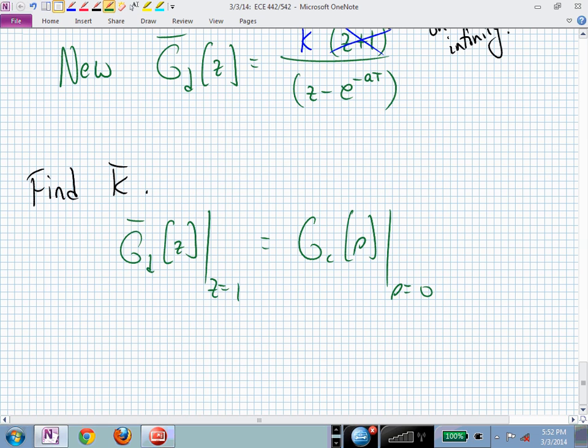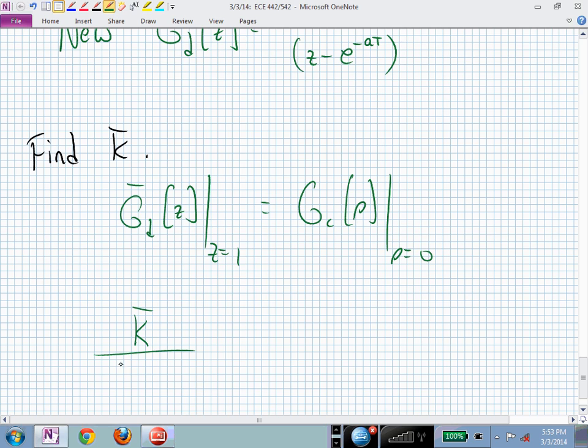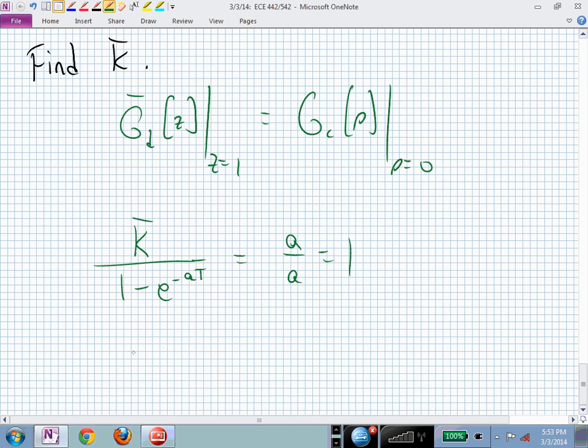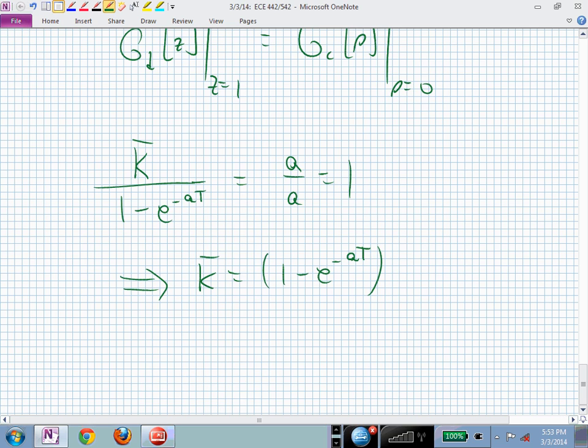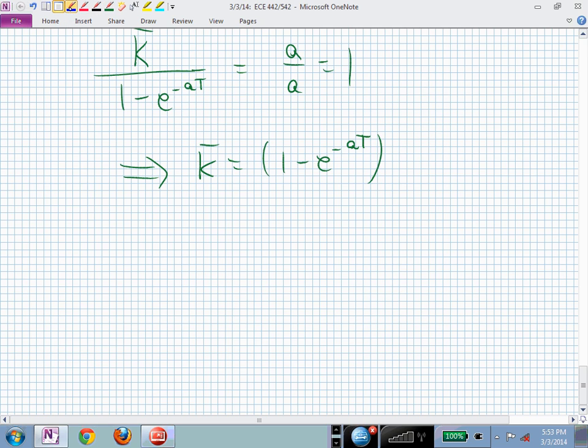And if we look at g sub d bar, that's this k bar over 1 minus e to the minus aT, and that's equal to 1, a over a. And that's pretty easy to solve for k bar. Now our k bar is 1 minus e to the minus aT. Before, our gain was that divided by 2. And this now says that our result